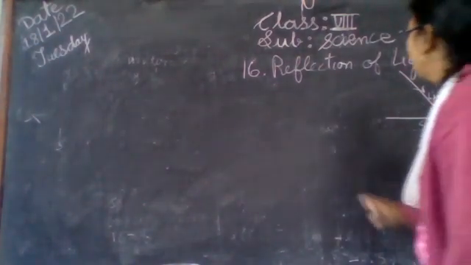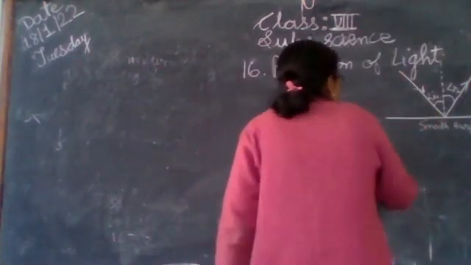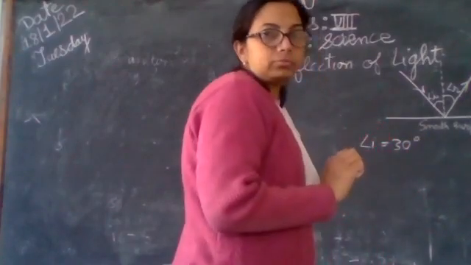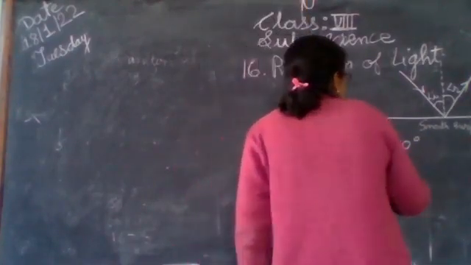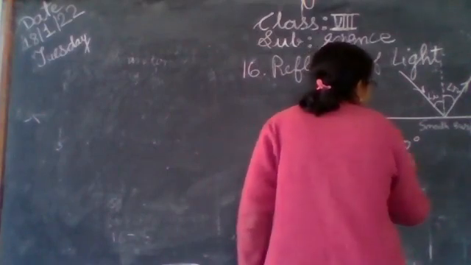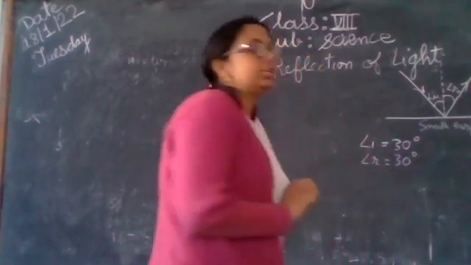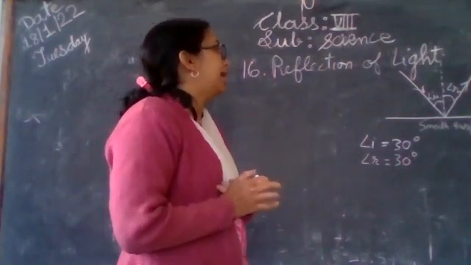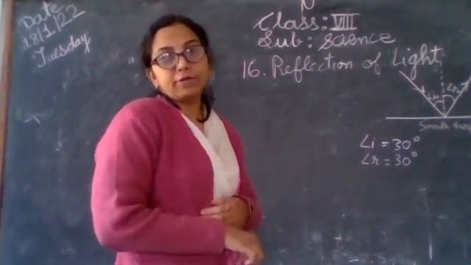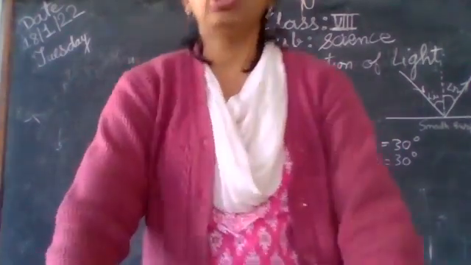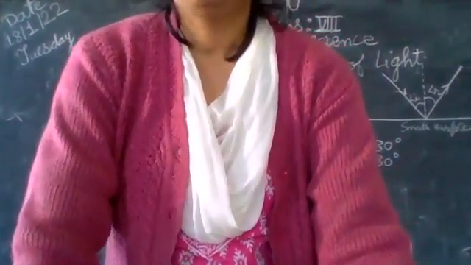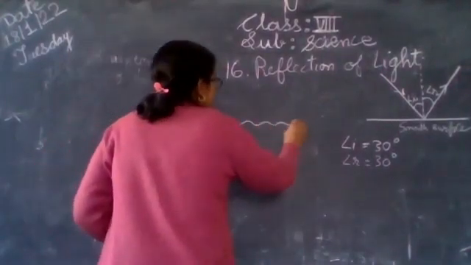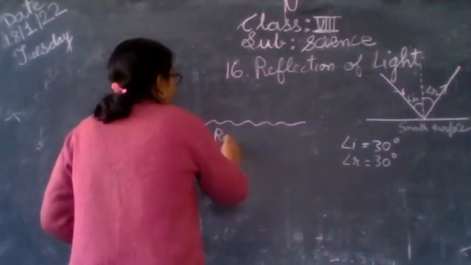Based on this, an experiment also can be performed if angle I is 50 degrees. In that case, angle R is also going to be 50 degrees only. So, always for a smooth surface, angle I is equal to angle R. Angle of incidence is equal to angle of reflection. Okay? But, if we are going to consider a rough surface, this is a rough